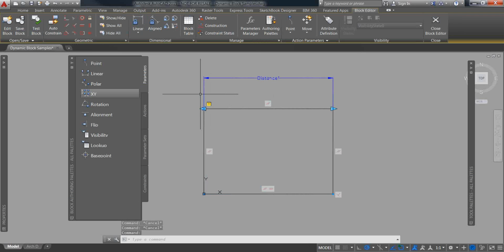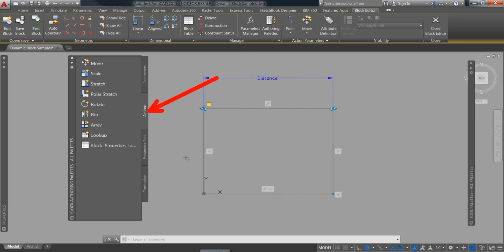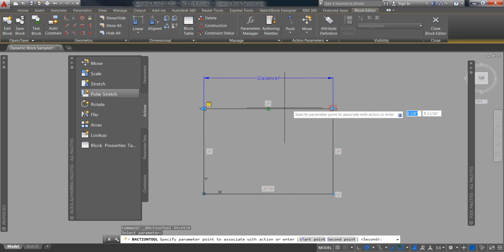So what I need to do next is assign an action, some kind of a behavior which is assigned to this distance parameter. When I change the distance, I would like AutoCAD to do what? So I go to this Actions tab over here on the Block Authoring Tool Palette, and from here I'm going to select a stretch action. So when I choose the stretch action, it says, well, select a parameter to assign the action to. So I'm going to pick distance 1, and then I have to choose, well, where does this happen? Where's this action going to happen? I'm going to click over here at the right-hand corner,